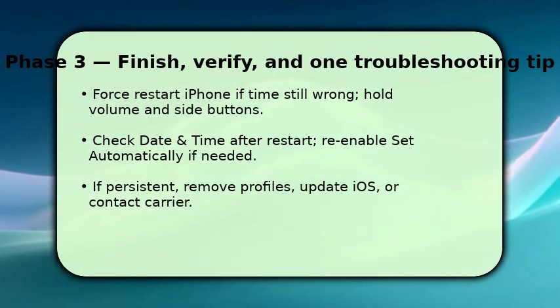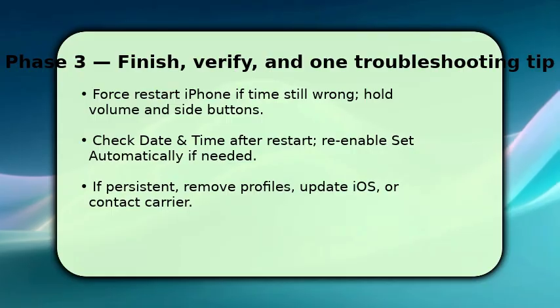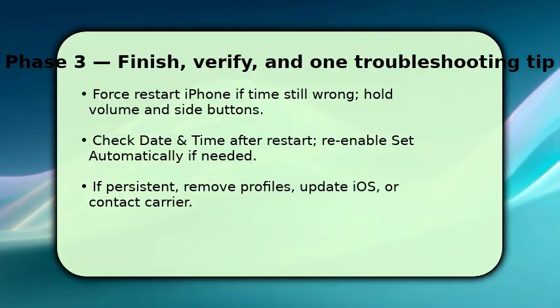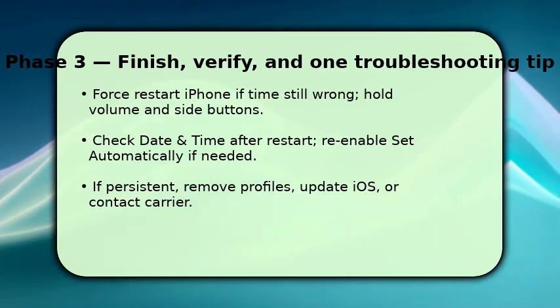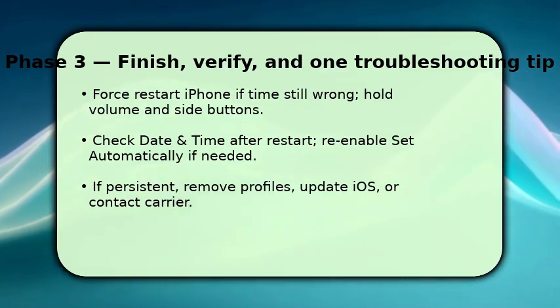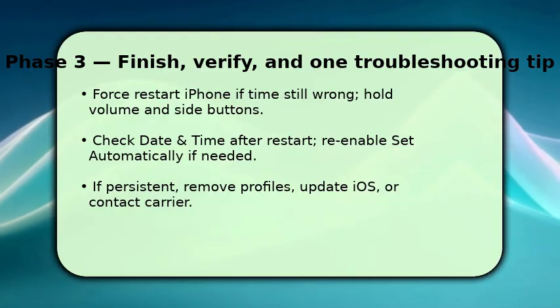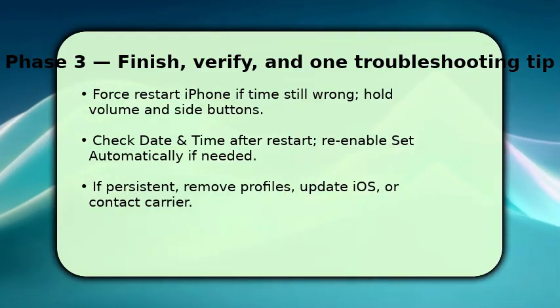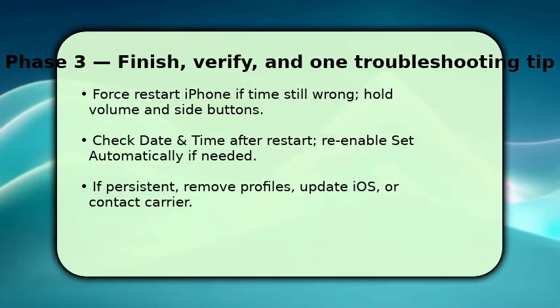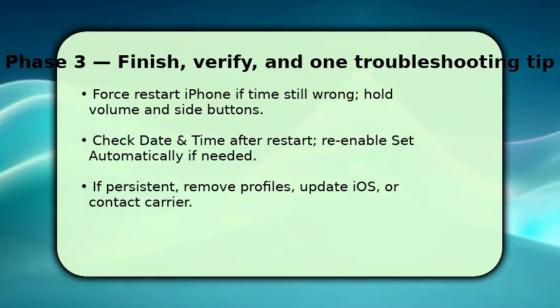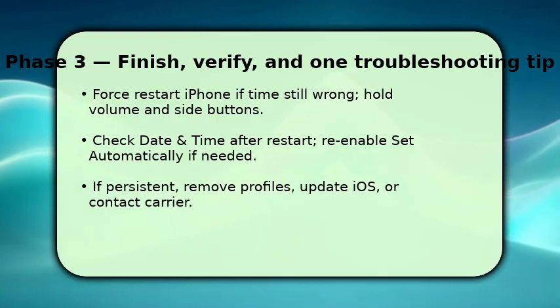If it still reads incorrectly, force restart your iPhone. Hold a volume button and the side button until the slider appears, then power cycle. After reboot, make sure Set Automatically is enabled if you want network sync, and check again. If the problem persists, remove any configuration profiles, install available iOS updates, or contact your carrier. Sometimes network time provisioning or